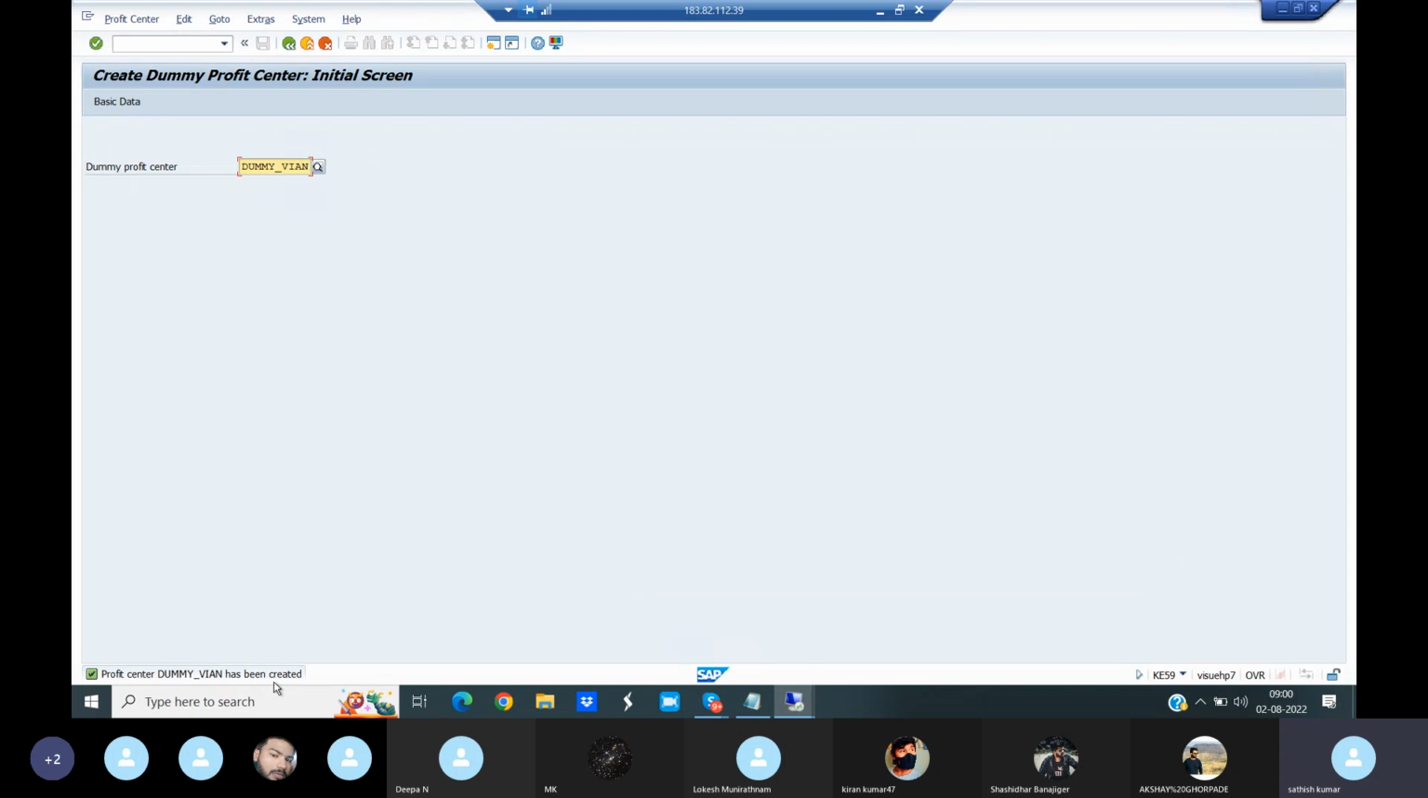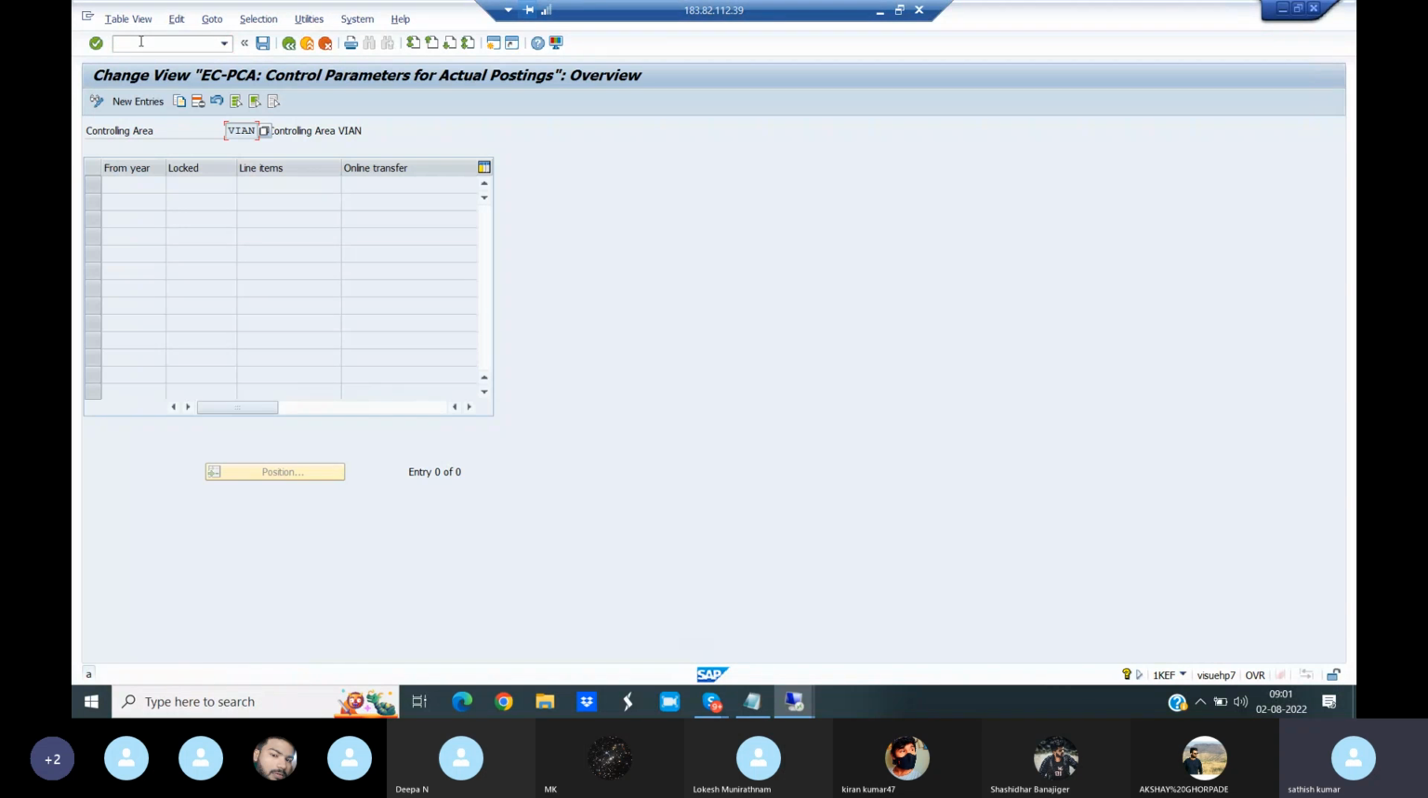The next configuration is to set control parameters for actual data. The T code I'm using here is /n 1KEF. Enter now, and you can see control parameters for actual posting. The T code for control parameters for actual posting is 1KEF. Go to new entries, and our business starts from 2021,